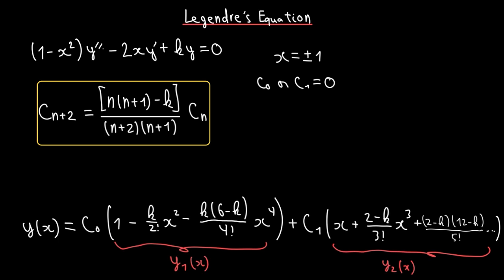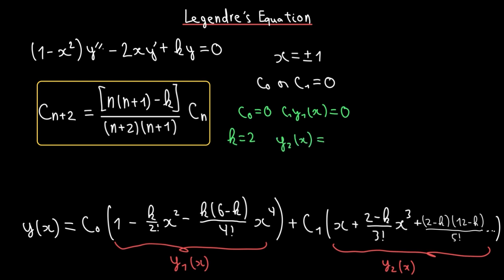And then notice that y2 still diverges, and so we need to set k in such a way that y2 actually converges. So let me give an example. Let's say c0 is equal to 0, and therefore c1 times y1 of x is equal to 0. And then what we do, we can set k equal to 2, and therefore y2 of x